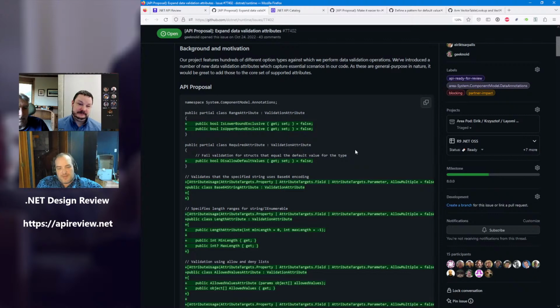Could we derive from required attribute? Sorry, go ahead, Stephen. Oh, I was going to ask a different question. Keep going with your line of thinking, and then I'll ask my question. Yeah, could we derive from required attribute and create a required value attribute? Technically, that would still be a required attribute, but we could detect that and process it accordingly.